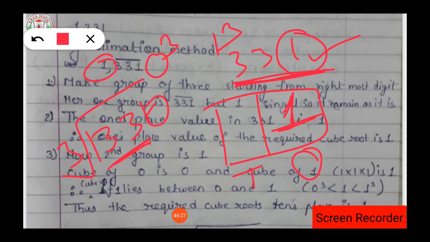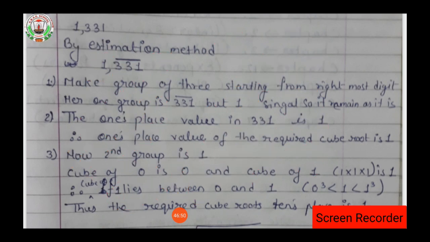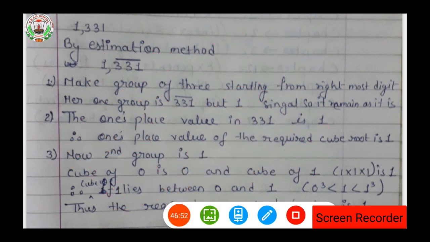निकालेंगे तो 1 इंटू 1 इंटू 1 रहेगा। मतलब ये कि 0 टू द पावर 3 का वैल्यू जो है वो 1 से छोटा होगा, और 1 का जो वैल्यू होगा वो 1 टू द पावर 3 से छोटा होगा। मतलब ये कि यहाँ पर जो 1 है वो 0 और 1 के बीच लाई करेगा। इट मीन्स जो हमारा टेंस प्लेस वैल्यू होगा वहाँ पर 1 आएगा।